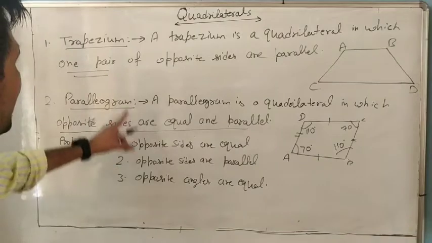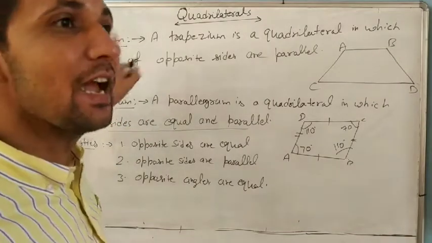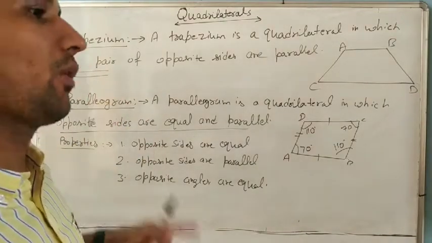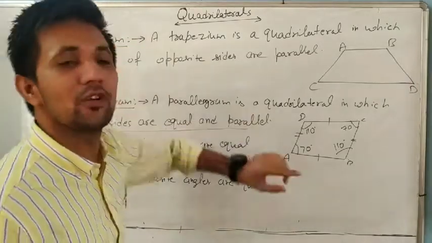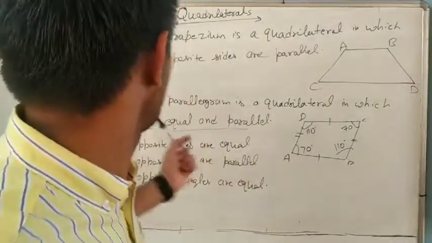So it means every parallelogram is always a trapezium. Every parallelogram is a trapezium, but every trapezium is not a parallelogram. Understand it? Next is